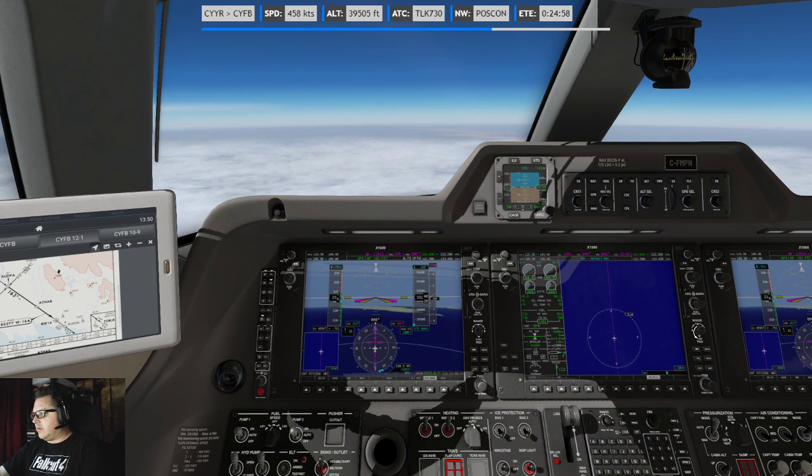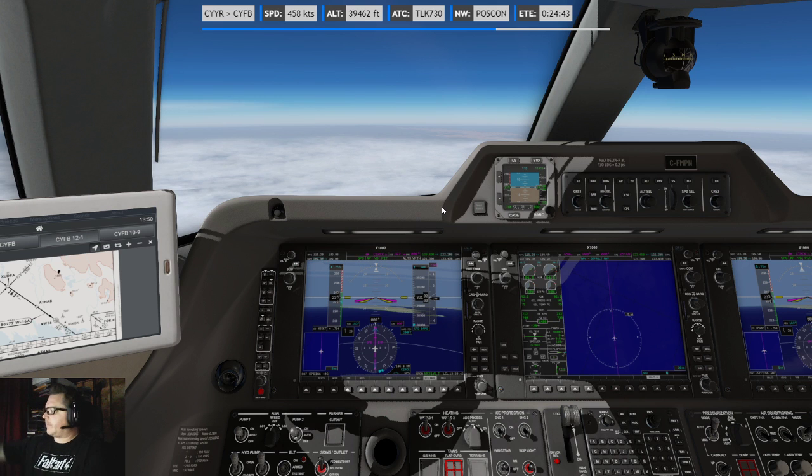Let's do less range. We're still putzing around at Mach 0.76, you know.